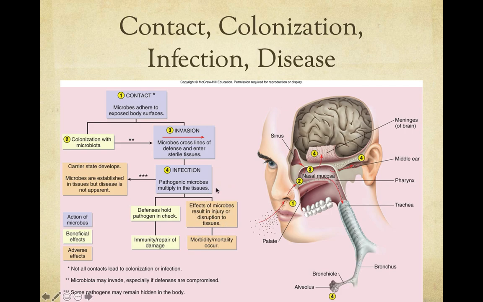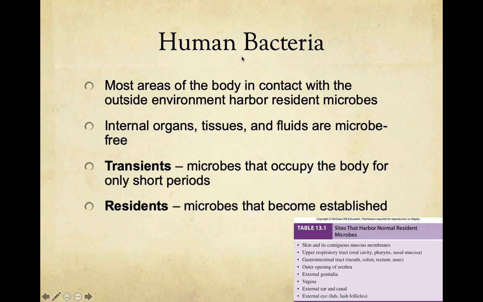the disease process itself. And once that process occurs, you are going to have cell damage, morbidity, and if that continues, that can be permanent. It could repair itself depending on where it's at, or if it gets worse over time, you can have mortality, which is death. So this is the disease process. It's four steps, and then once the bacteria, the microbe has gotten inside of you, disease will occur. So let's talk about the different areas of the body